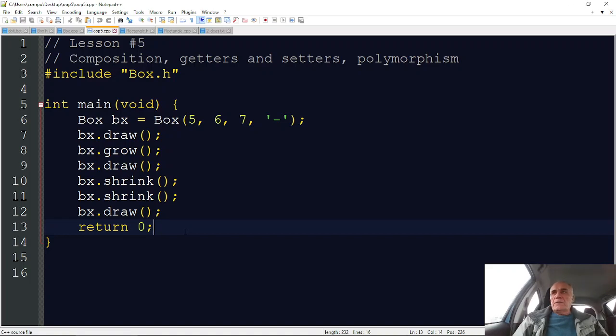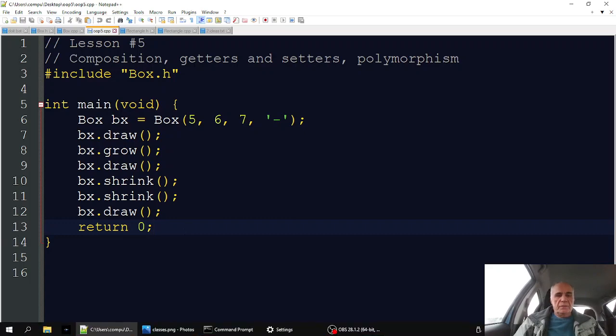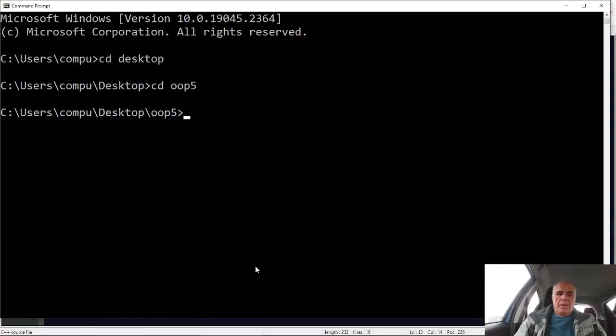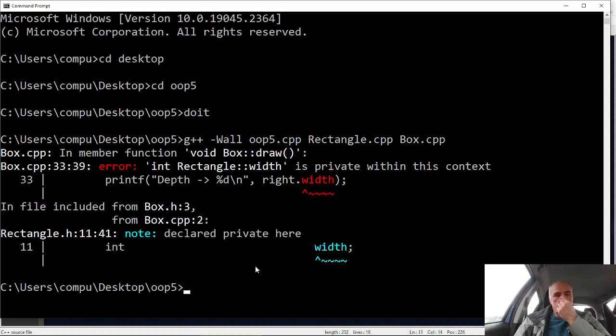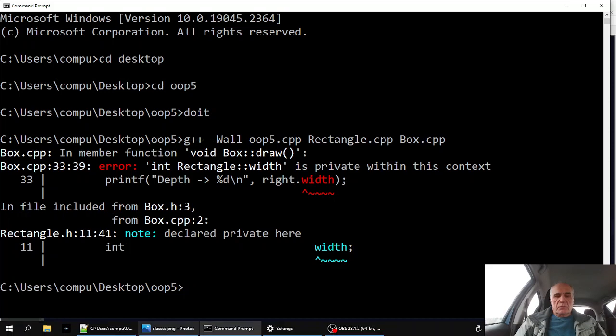Okay, now guys, let's compile. So I'm going to my console, and here we are. I have an issue. What the compiler says is, you're not allowed to use the width member because it's private. Let's take a look